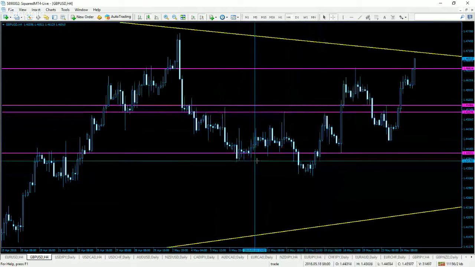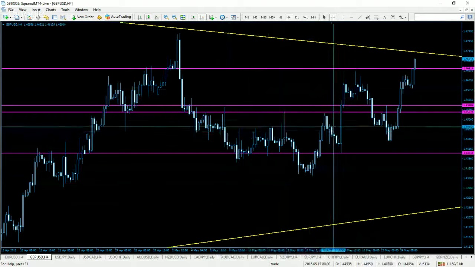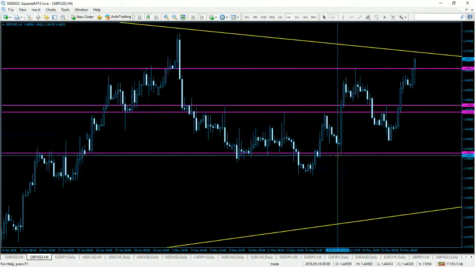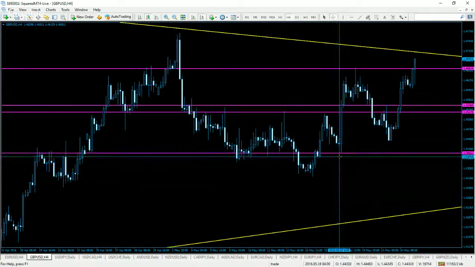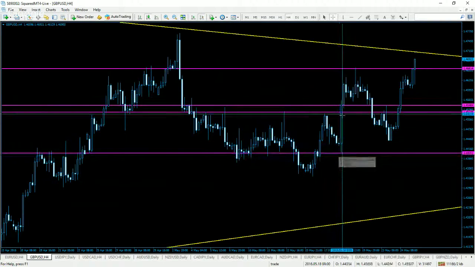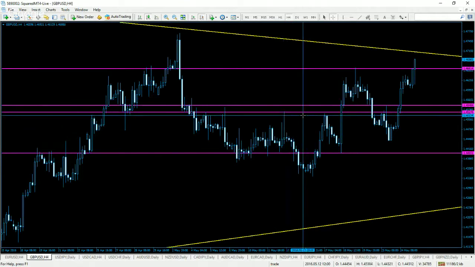Okay, I highlighted this level as acting as possible support, which we could see an inverse head and shoulders for. And so once again, we actually saw that move play out. Price traded down. We got the right shoulder of that inverse head and shoulders pattern, traded higher and broke out above this resistance level. Now, I did note in last week's session that although I felt like price was going to be moving higher, I wasn't going to be looking to get involved with this breakout to the top side,